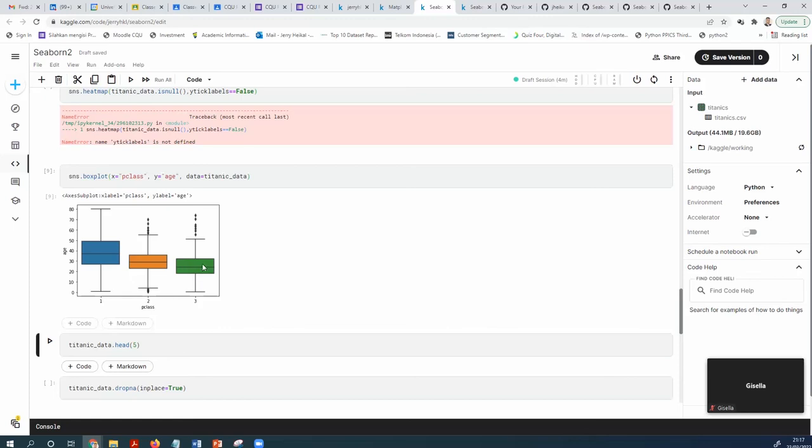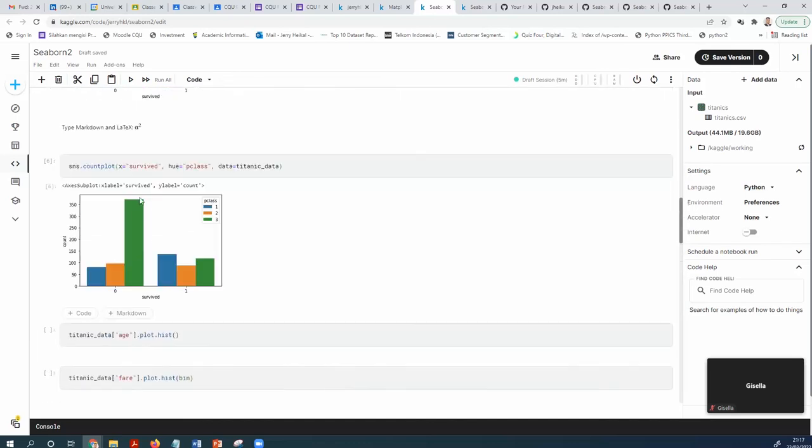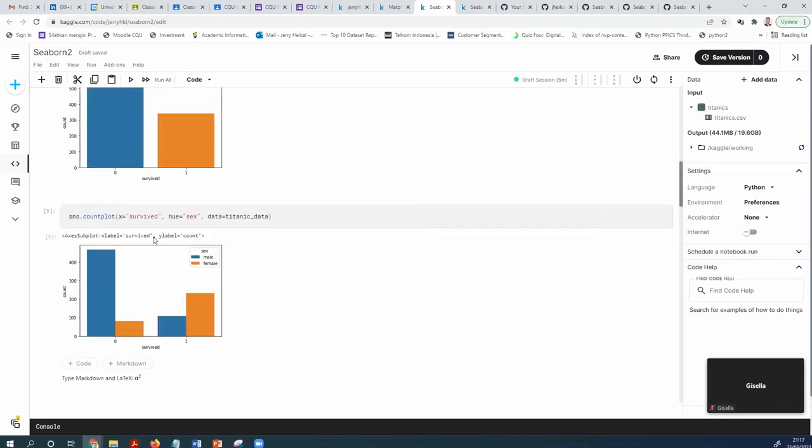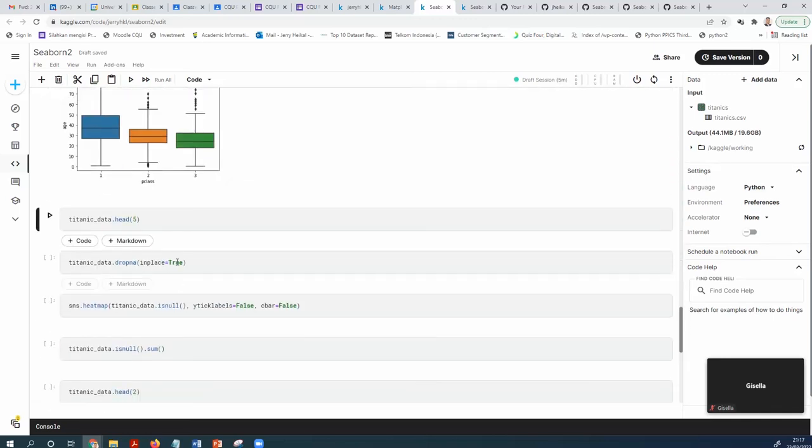Yeah, this is the visualization using box plot. This is visualization using count plot. This is the count plot and box plot. So these are the Seaborn capabilities.